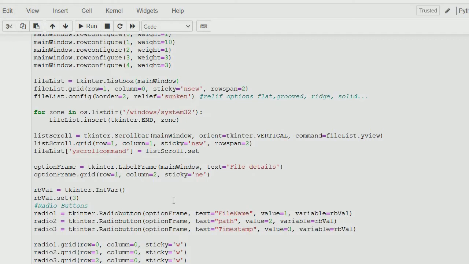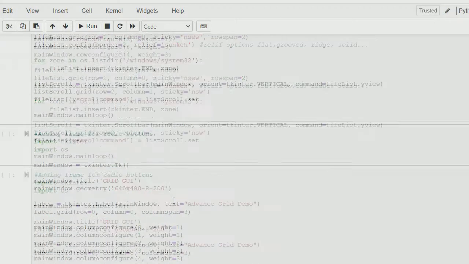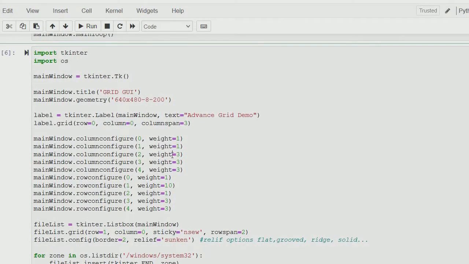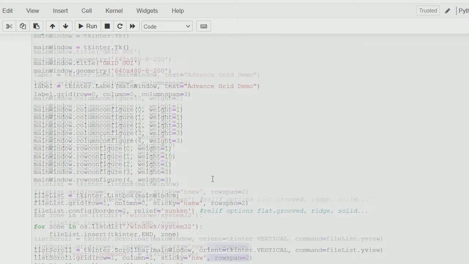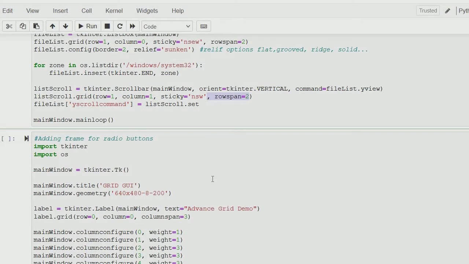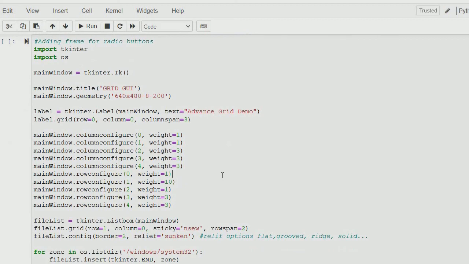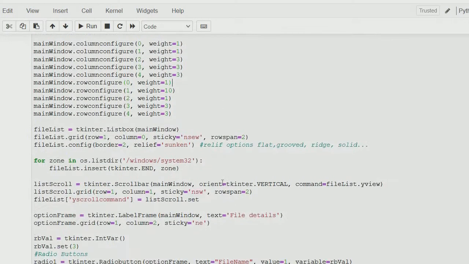But having said that, let me just undo. I've already moved to another set of code, so let me just undo what I've done here. So I've changed it back. So it's spanning 2 rows now. So moving forward, then, coming here now, we want to add our